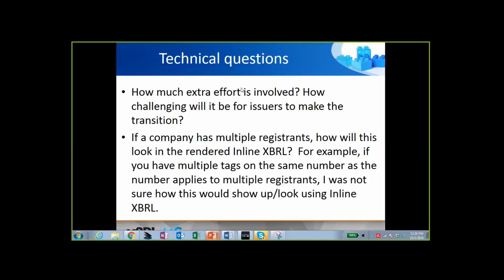So here's a very simple example. If you have a table that says there are 0 shares authorized in 2016, 2015, and 2014, that is 3 facts, but the digit 0 only appears once. Inline does allow you to essentially wrap that 0 in tags 3 times. Wrap it once, wrap those again, wrap it again. Now you have 3 different facts, all referring to the same little chunk of text. In this case, it's just the number 0.